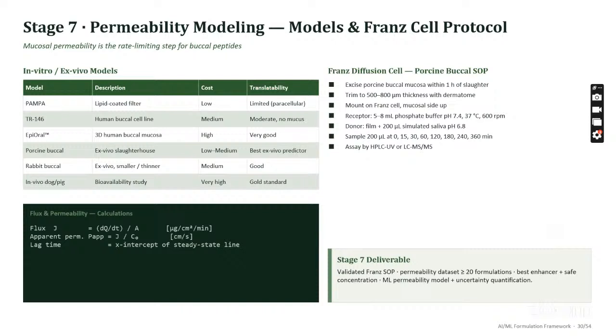So Franz cell. Here the Franz cell protocol is the Franz diffusion cell operation. In the Franz diffusion cell apparatus, the donor cell will be there and the receptor cell will be there. In the donor and receptor, the water circulation will be there. It maintains the temperature, human body temperature. Once in the donor compartment, what is the relevant buffer? You have to put PBS at pH 6.8, and in between